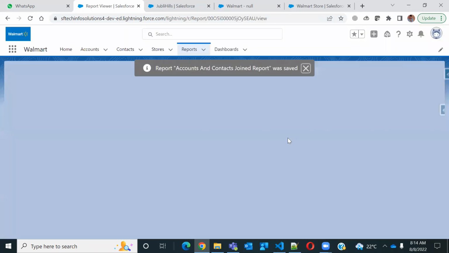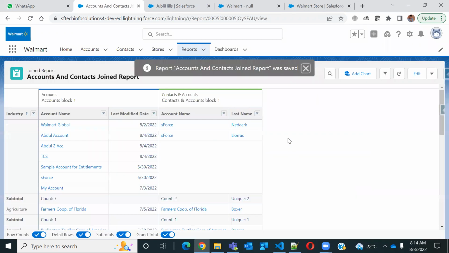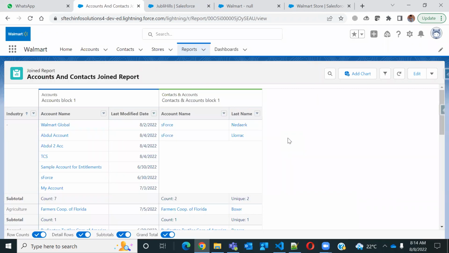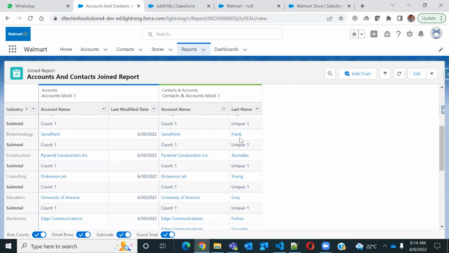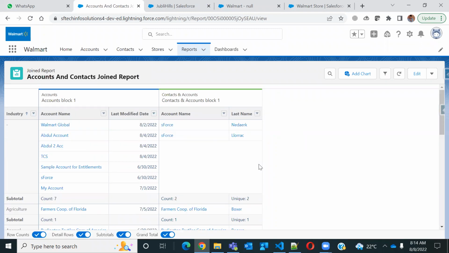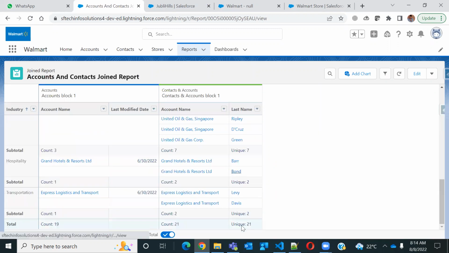So both have different information, but they also have some common information. For such cases, we'll go for this kind of join report. Suppose I want to see the summarized value of this unique count, and, for example, if I take hospitality, in hospitality there